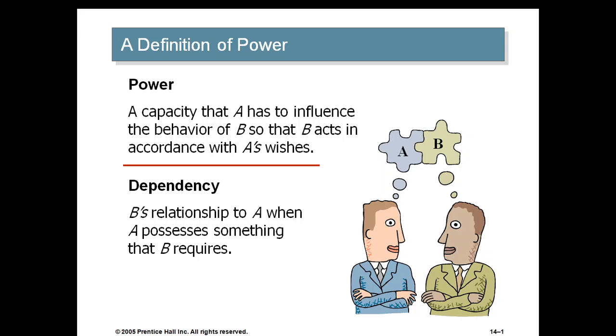It could be two departments, two teams, two organizations, or two nations. Many a time, there is a dependency of one nation on the other by virtue of its economic strength, economic power. When a country is dependent on the other, you have dependency and you have the influence of one country over the other. Likewise, dependency of B on A arises when A possesses something that B requires, right? So that's pretty simple, self-explanatory. Say, for instance, inferior or dependent economies which are dependent on the superior economies, or employees depending upon the manager or leader. In such situations where there is a factor of dependency between B and A, we see the scope for power to creep in